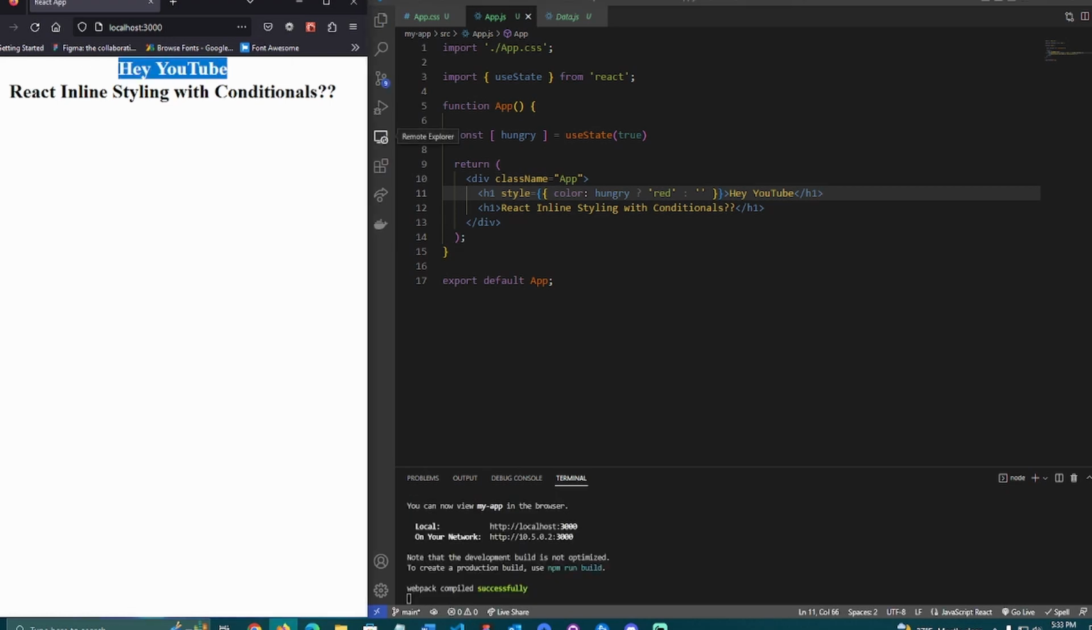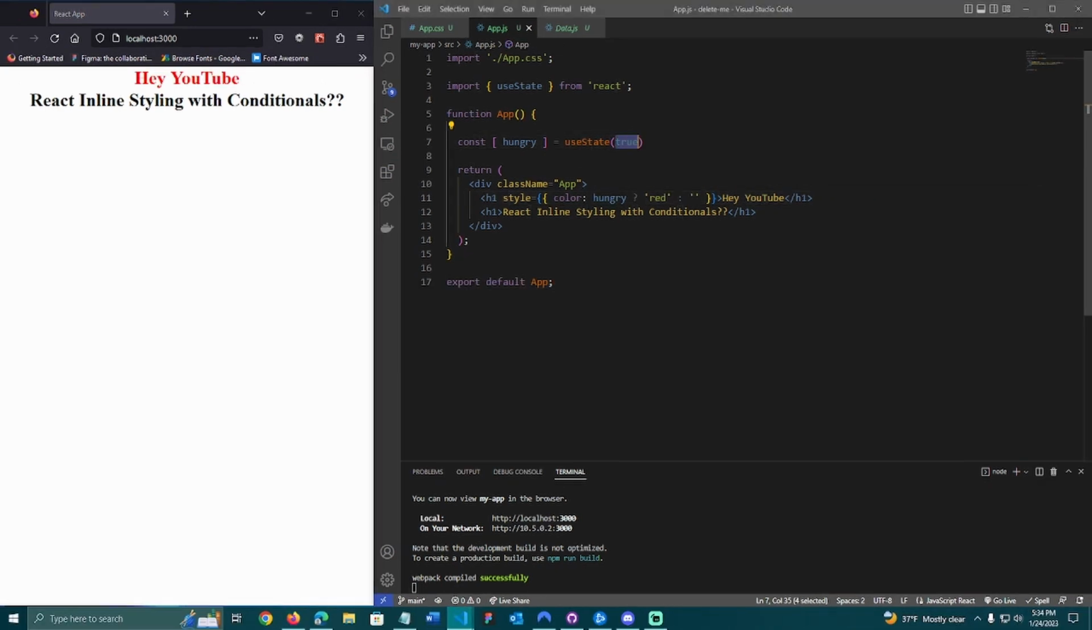So we hit save, and hey YouTube is now red. And if you see here, if we set the state to false, spell it correctly, false, and now our text is back to black. So that's conditional styling in a nutshell, but we'll go a little deeper. So we'll get rid of this style, we'll get rid of this state,